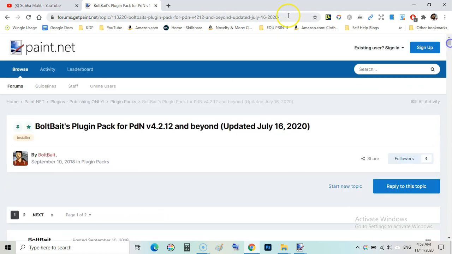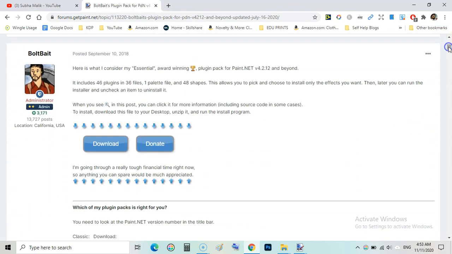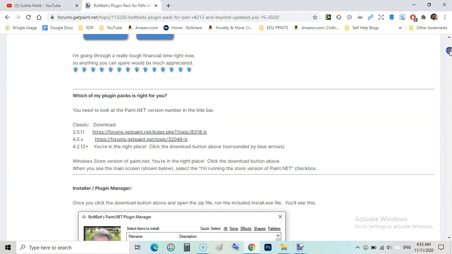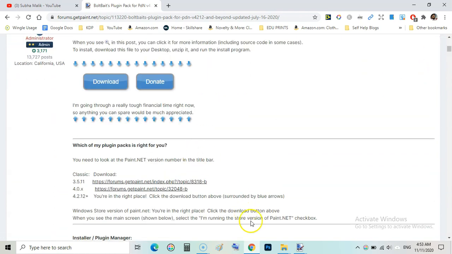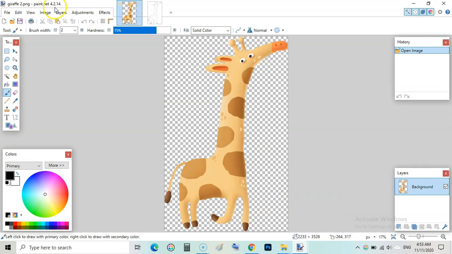So you need to go to this page. I will leave a link in the description for this page, and after you are here you need to click on this download. Before clicking on this download, you need to check your version of your Paint.net. Just go here and check this. My version is Paint.net